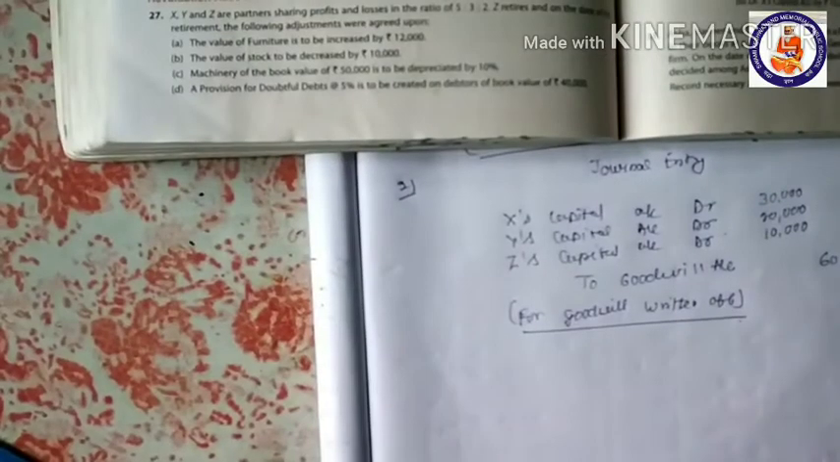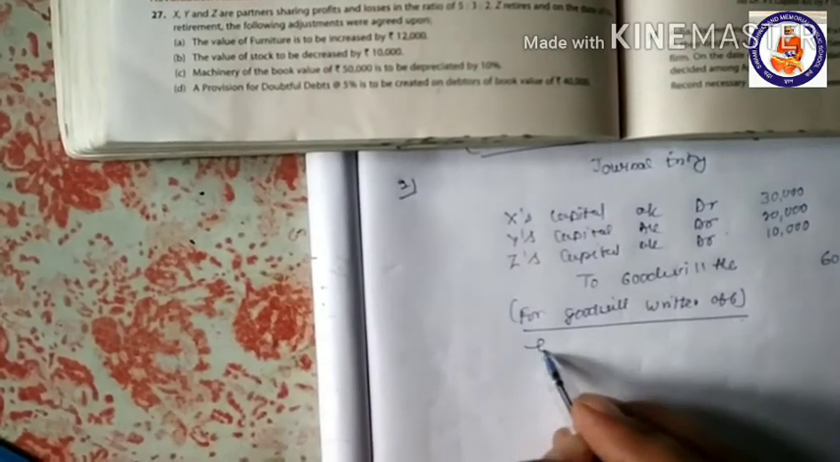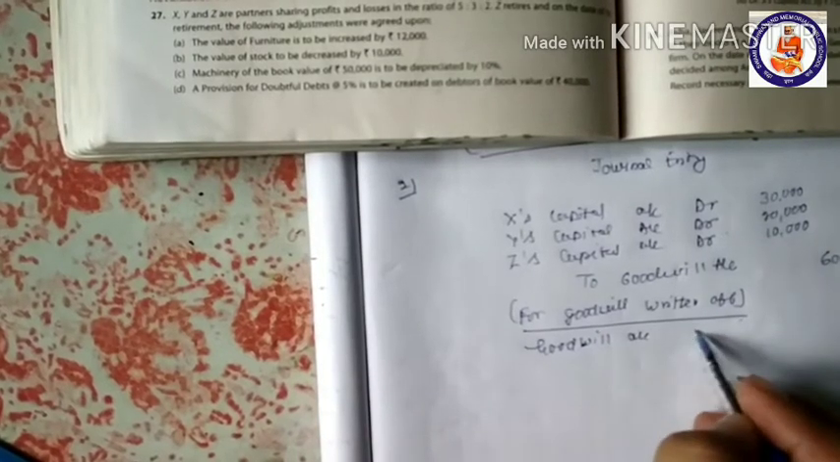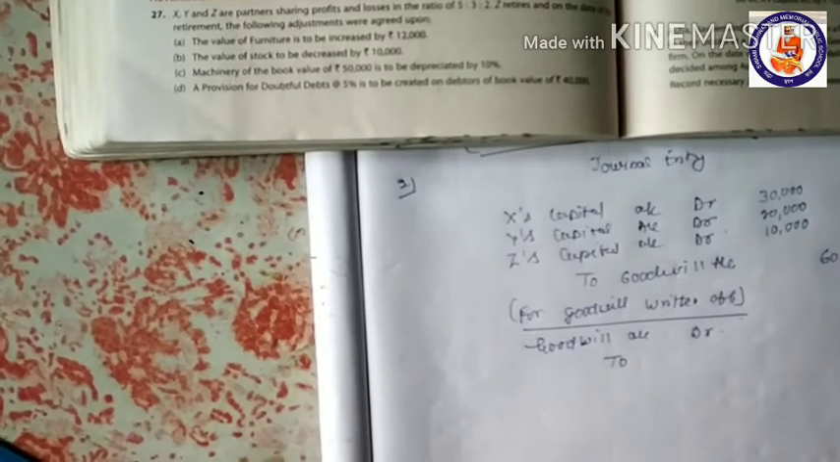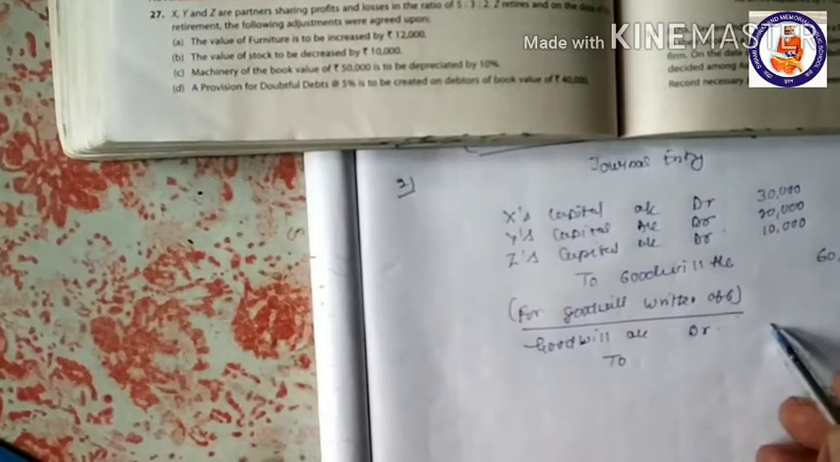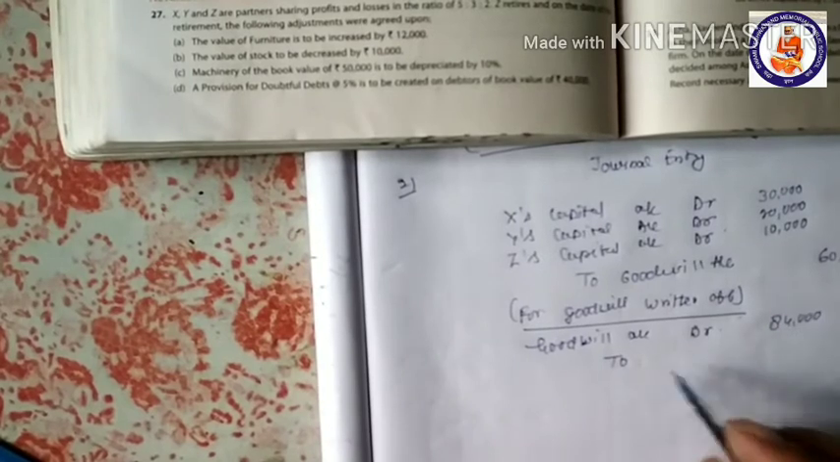Retiring partner: if we open the goodwill account at full value, this goodwill account is debited. If we are opening it with the share of the retiring partner, we will just make it 28,000. Otherwise, if we are opening it for the full value, we will show it here as 84,000. So we can show it here 84,000 first, and then we'll credit all the partners